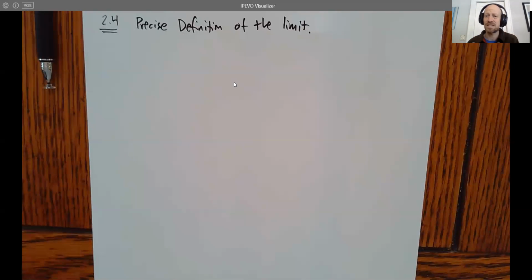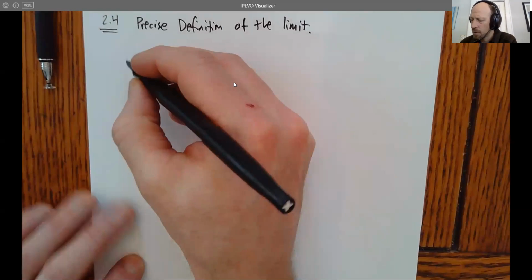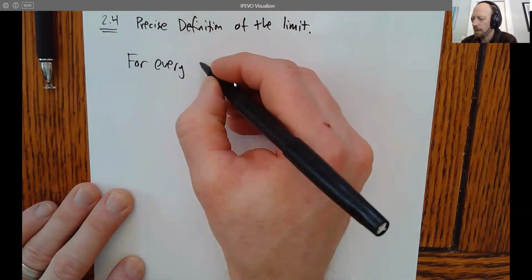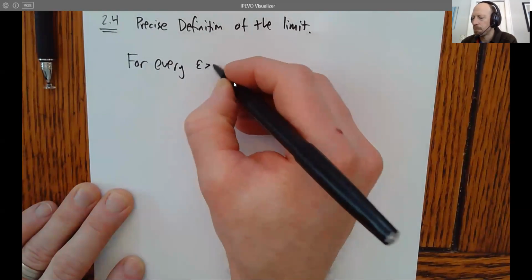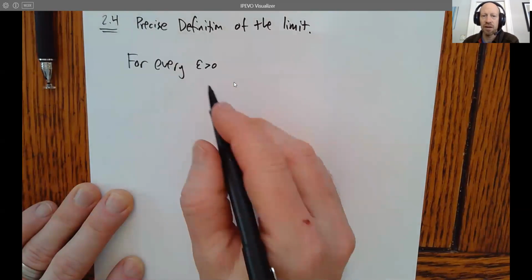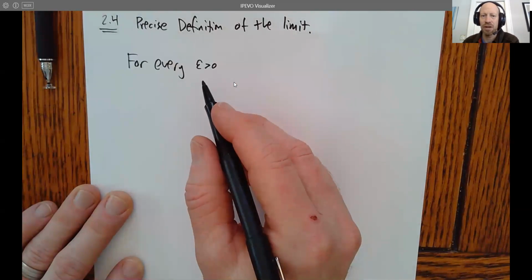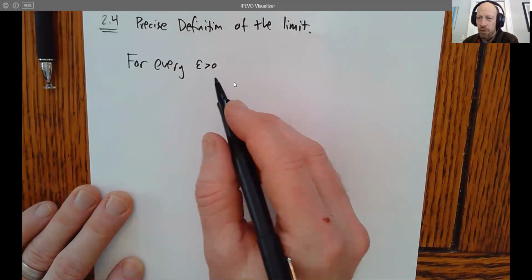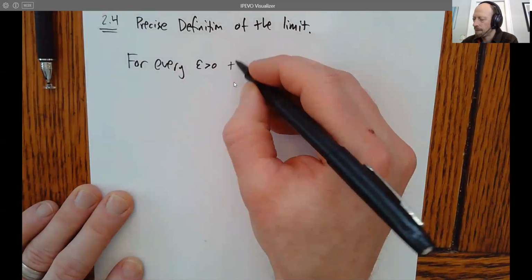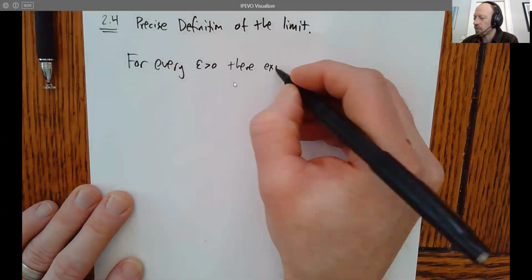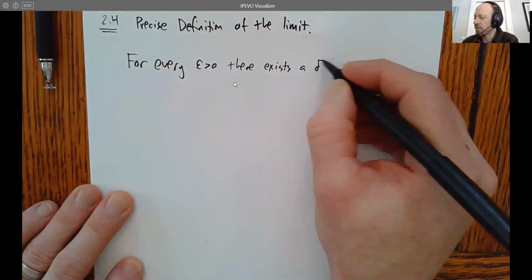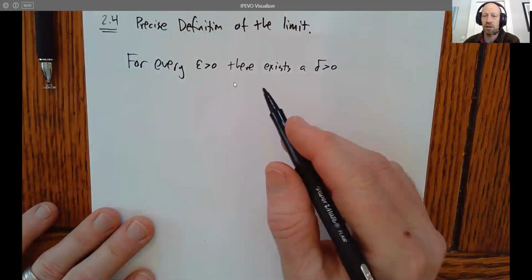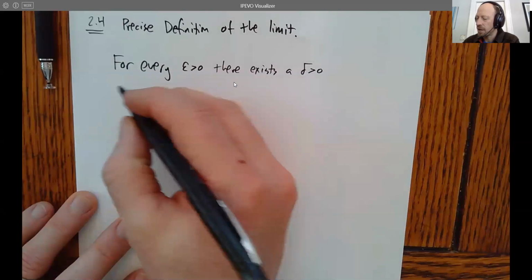So, precise definition of the limit. It says, for every epsilon bigger than 0, so that's a Greek letter, my version of the Greek letter epsilon. So think of this as like a really small number. So for every small number that's positive, there exists a delta bigger than 0. These are lowercase Greek letters, such that